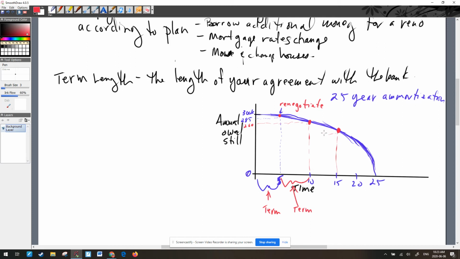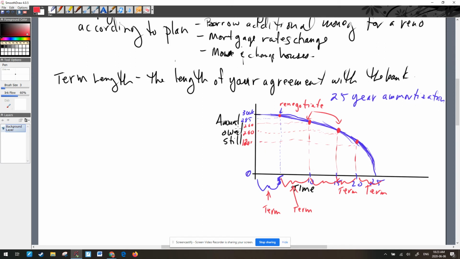And so, after this one, that's a nice straight line there, Mr. Galbraith. You did better. This time you paid off $60,000, and that makes sense because you're paying less interest and more principal with each one of your payments. And so then, this is going to be a term. So we renegotiate there, and we would then renegotiate here. And maybe we did really, really well, and we got it all the way down to 100,000 or 120,000, let's say. And then the final one, so there's a term, and there's a term. And this one, yeah, we actually finally get it all paid off.